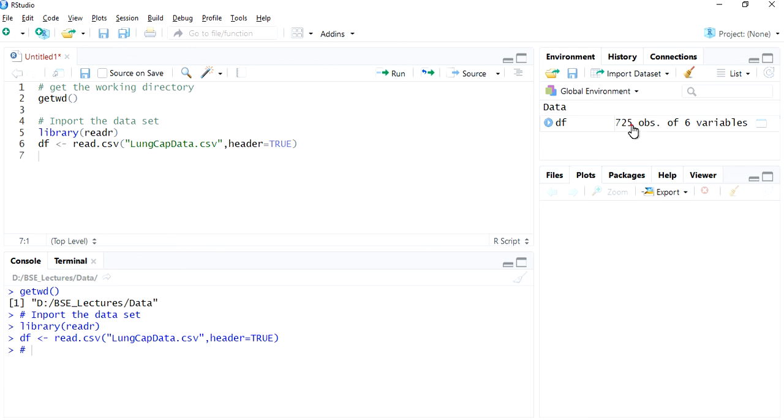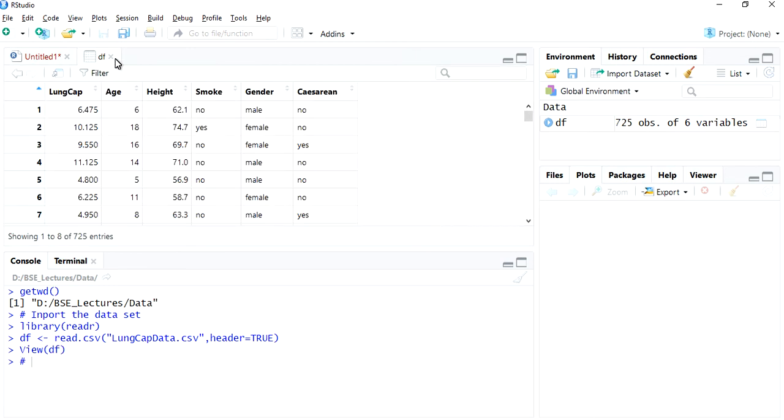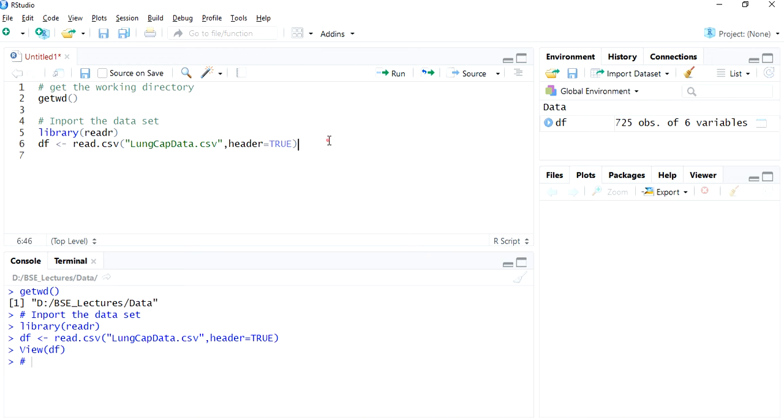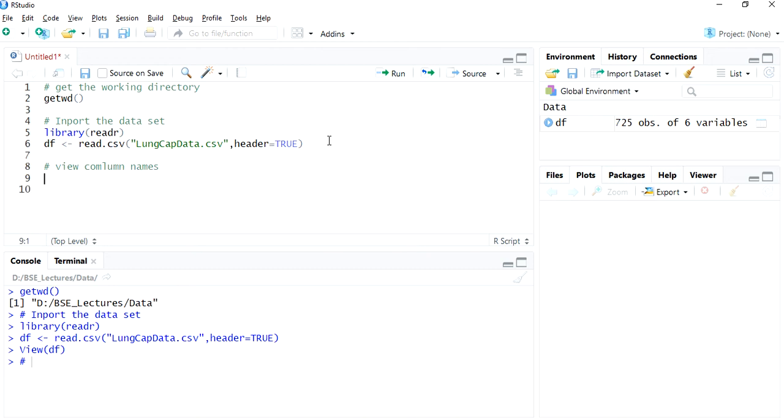You can see that the data has been loaded. If you want to see what the column names available in this file are, you can say names of df. It gives you the column names.